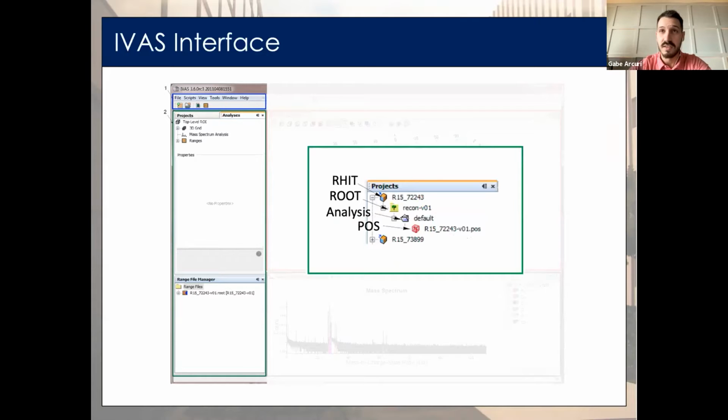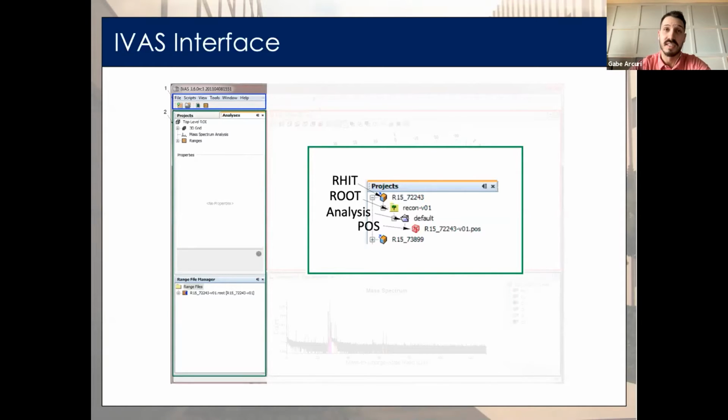In this case, you can access the RNG file to go with your POS file by right-clicking the root file, which says recon. The second option is to upload a POS file directly and pair it with any RNG file. And this tree that I'm showing here is located in the Projects tab on the left.